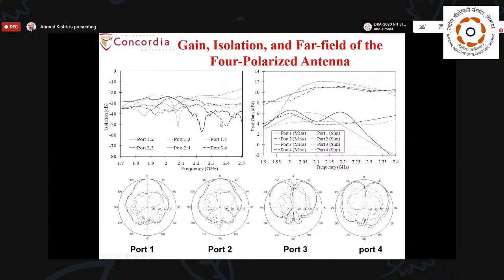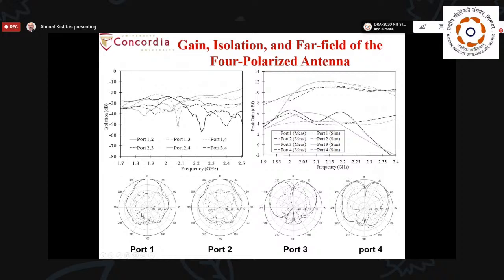And when we look at the isolation between them, the worst is less than 20 dB isolation between all these 4 polarizations, while the peak gain is about 10 to 11 dB for the X and Y polarization, while it is between 4 and 6 for the